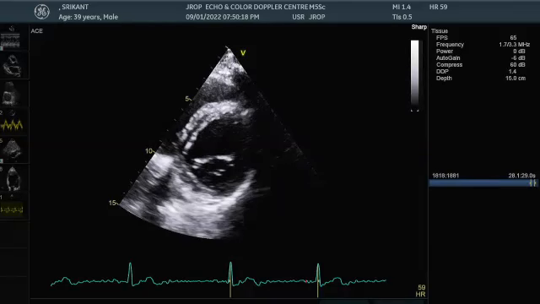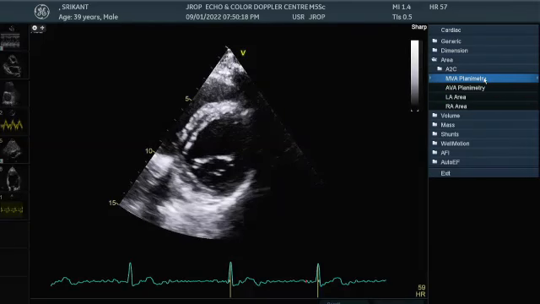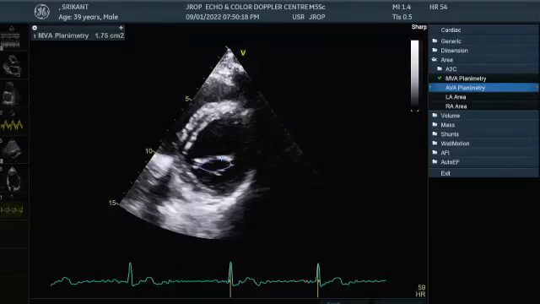mitral valve. And now here I'm going to measure my area, mitral valve area. I'm able to see my lateral commissure, I'm able to see my medial commissure. So I'm going to measure this area like this. Inside, always, nothing outside. I'm going to measure it all inside. 1.75, and I have to do it a number of times. Yes. Why I said you should go to papillary muscle and come back.